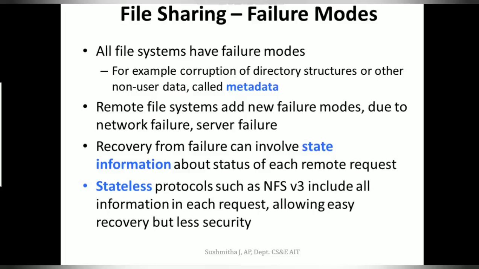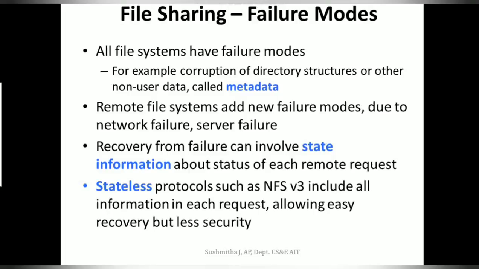Now, for example, I want to share a file with you, and let me say it is on my laptop, and my laptop has crashed. So what is the thought that I will get? Or there is some power failure, or something because of which I am not able to use my laptop, and my laptop has failed. Now I want to share that file with you. The thought I would get is, why did I not put this file on a drive, because my local copy of that file has failed.